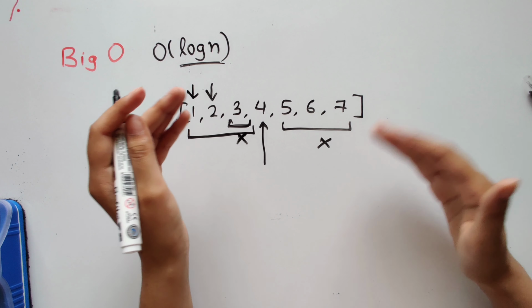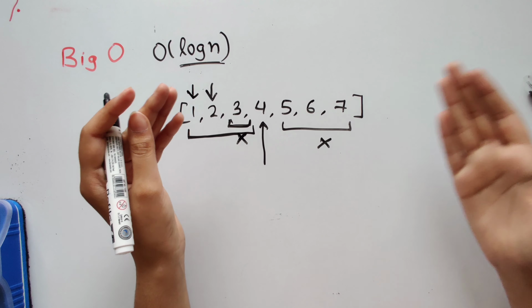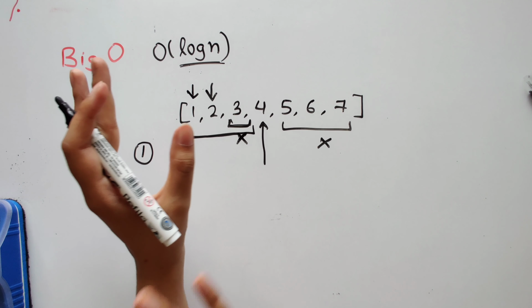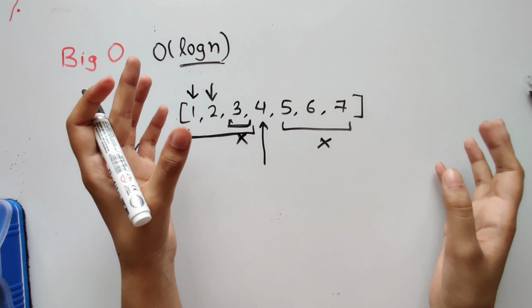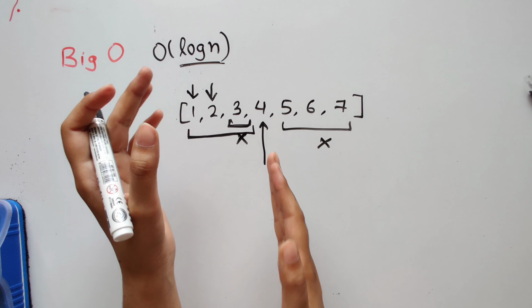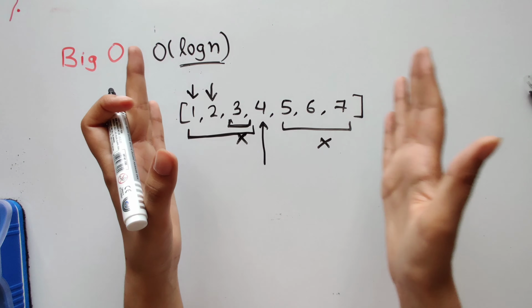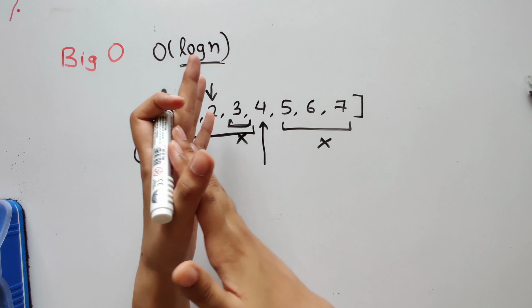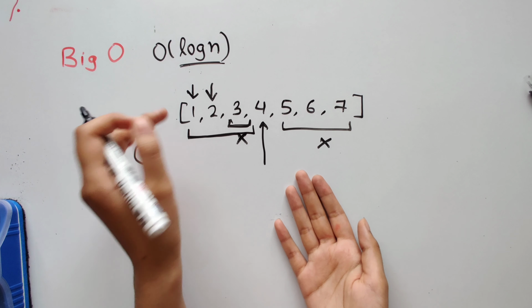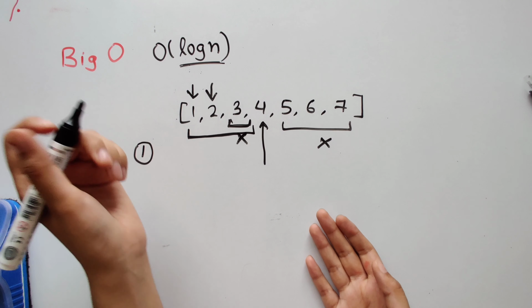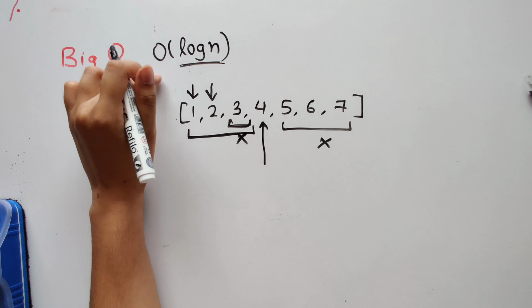Isn't it the same pattern as we saw when you go out to eat with your friend, where you completely ignore one half of the menu? Similarly here, you're trying to ignore one half of your array because you know that the answer is not going to be present there. When this kind of situation occurs, the complexity of your algorithm is O of log n.